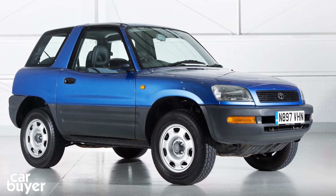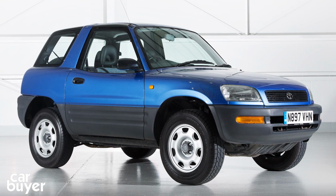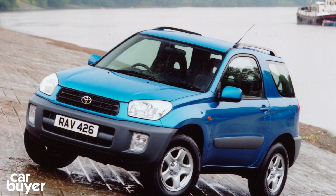Soft-roaders, crossovers, small SUVs, call them what you will. It's a type of car you either love or you'll hate. And the car that arguably kick-started the whole fashion was the Toyota RAV4. The RAV4 began life in the 90s, and with its cutesy looks and fun character, it was the soft-roader of